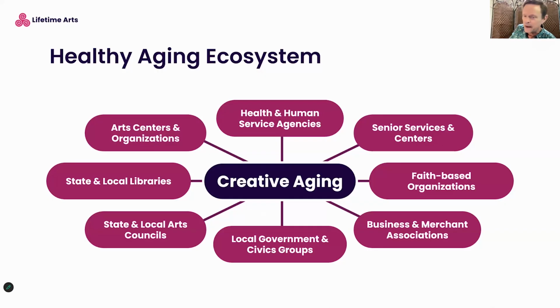But none of us can do this work alone. In our experience, the most successful programs on creative aging usually depend on very strong organizational partnerships. Often these partners are cross-sector, meaning that there are opportunities for collaboration across different groups or industries, such as those shown in this slide right here.